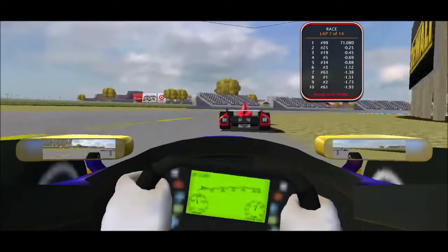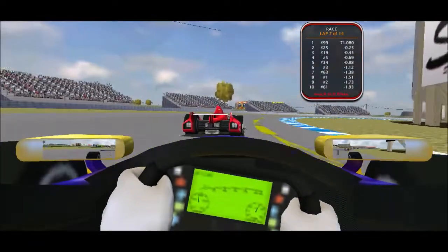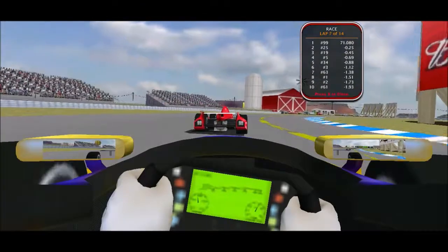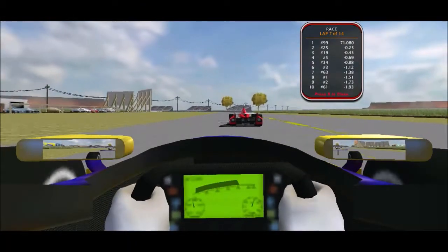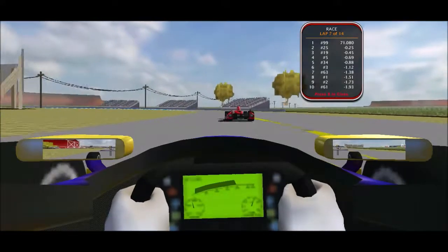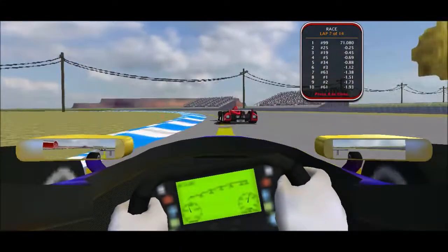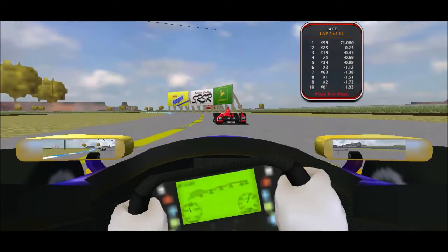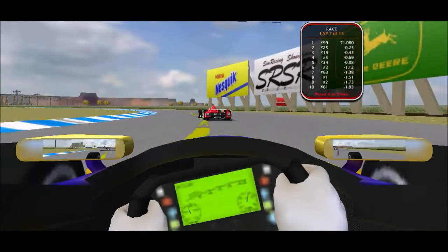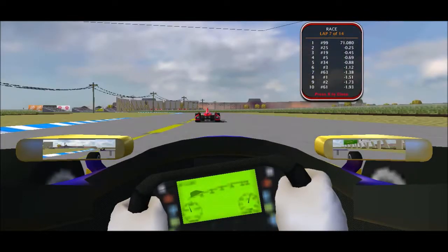For you guys that are interested in racing at this track, I think I found this link in the NRTown 3 Webley site, but I'm not quite sure. I don't remember where I got this track. It might have been from NR Track Designs. I'm not quite sure, but it is a good track to see, though it's not really the best track to